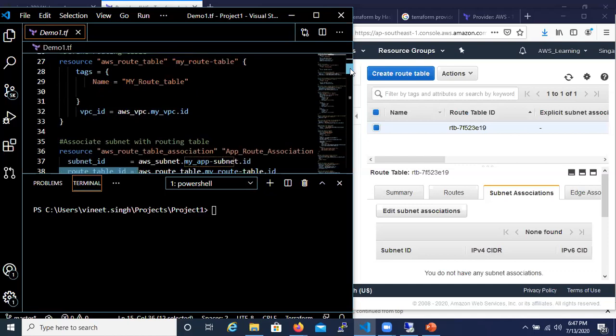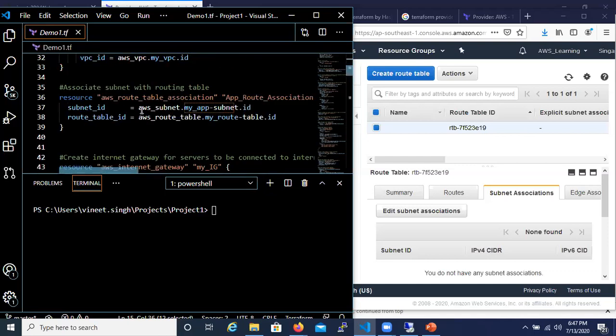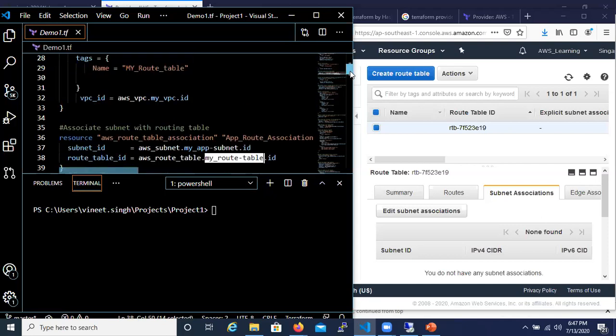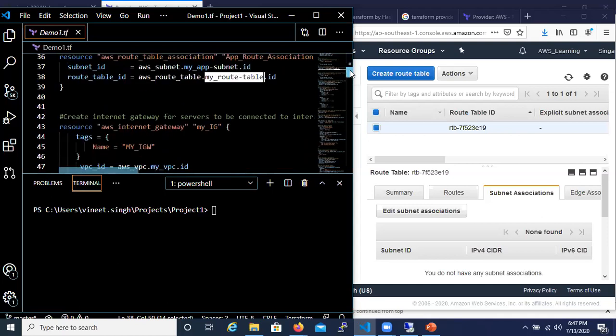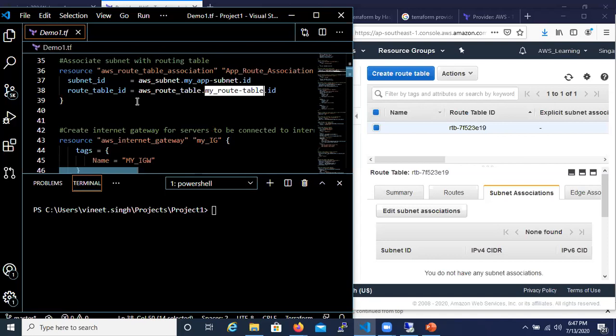So this is the exact thing which I have written here: AWS subnet dot my app subnet dot ID. And similarly, this goes to the route table ID. This has to be associated with which route? So AWS route table dot the name what I have given here, my route table dot ID. So now my route table is also done.